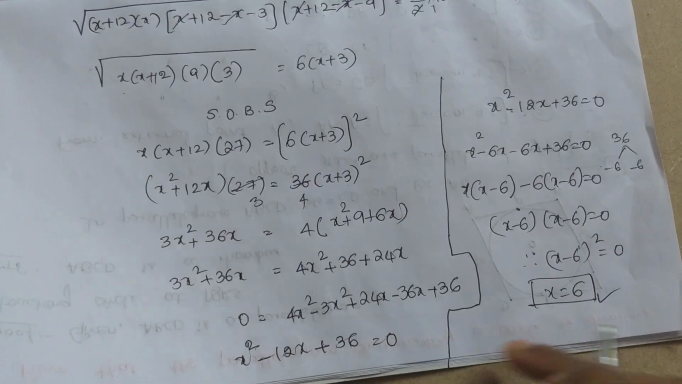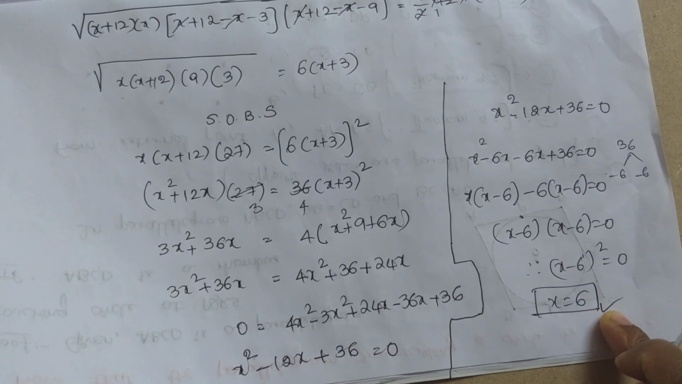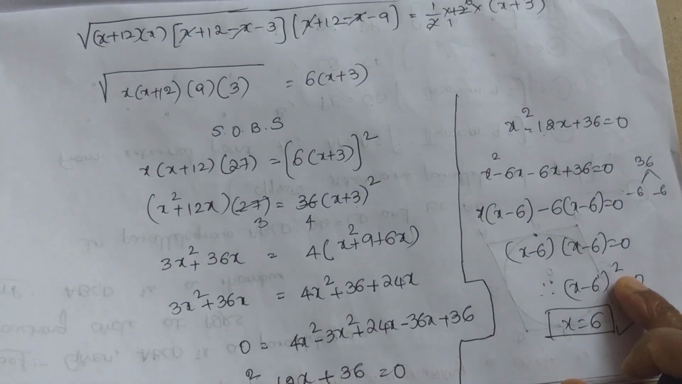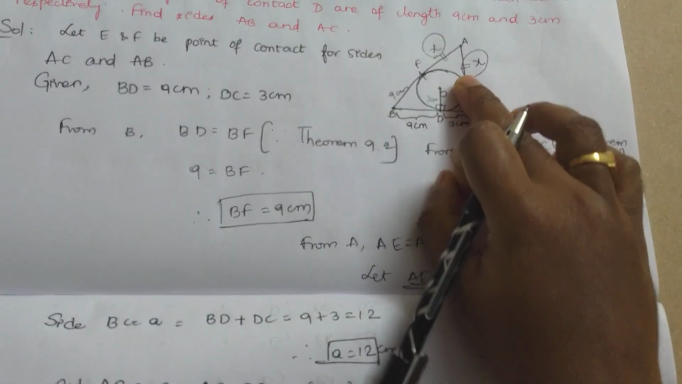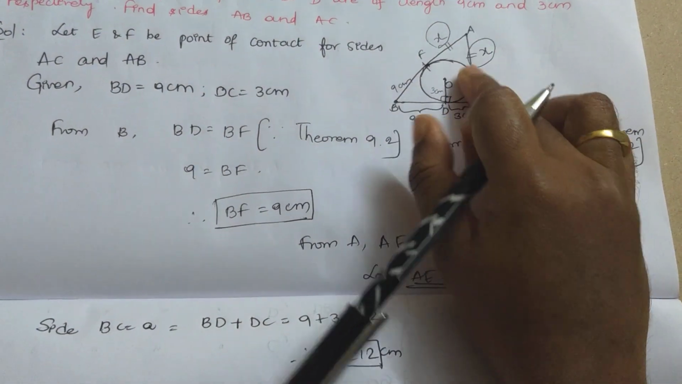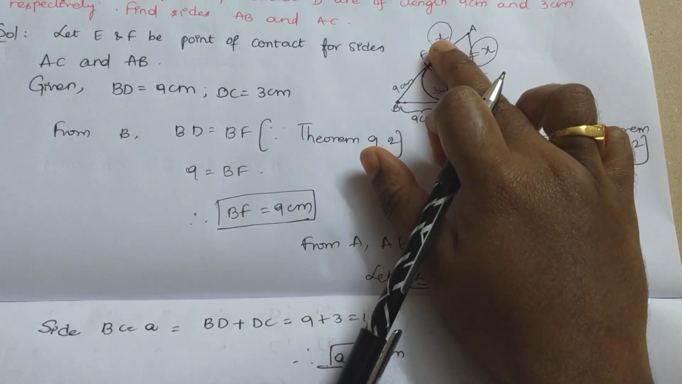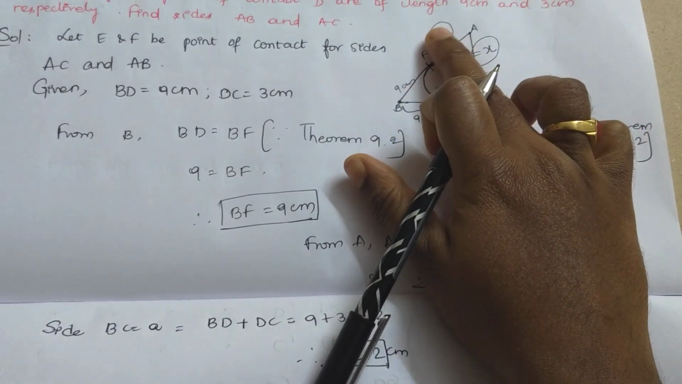Clear? So here x value we got as 6. But what did we assume in the starting? What is the value of x we have assumed? See here in the figure we have assumed AE and AF as x. But we got the value as 6. So AF